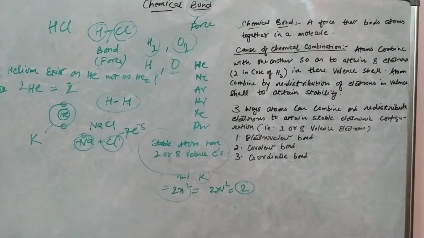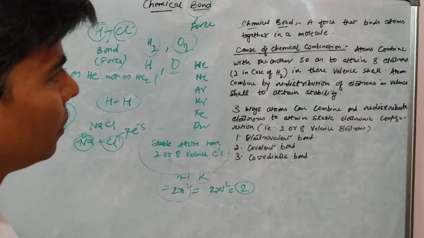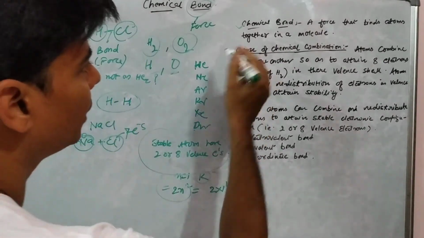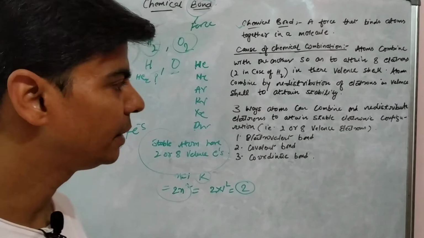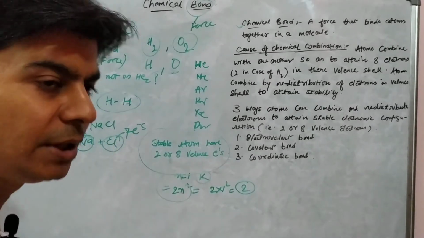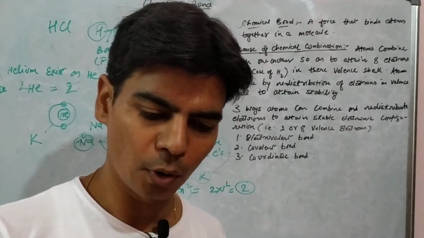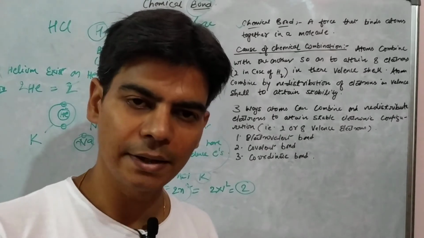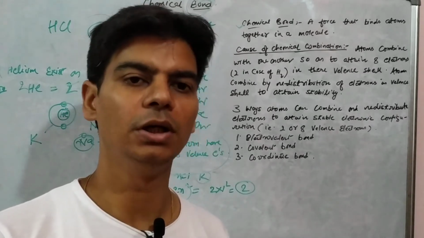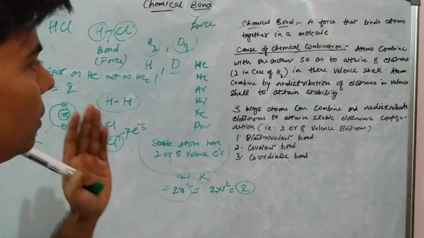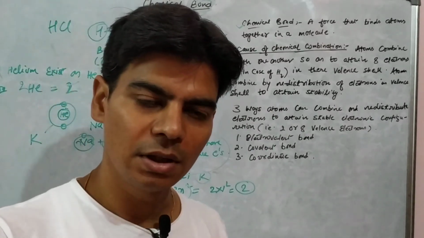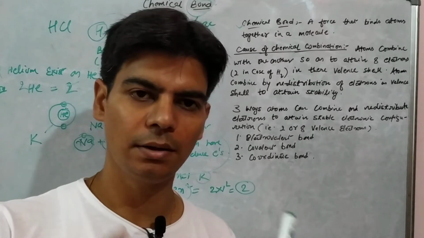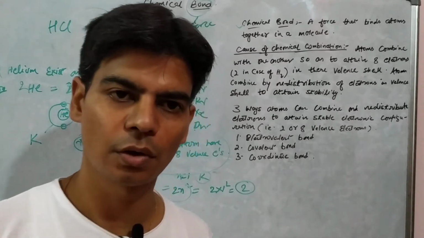So there are different ways that we will go through. Here we just need to concentrate in this lecture on two things. What is the meaning of chemical bond? Chemical bond simply means chemical force, a force that holds atoms together in a molecule. Like we have studied in case of HCl, chemical bond will hold hydrogen and chlorine atom together in hydrochloric acid, right.